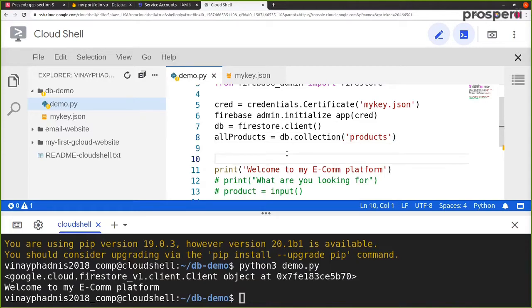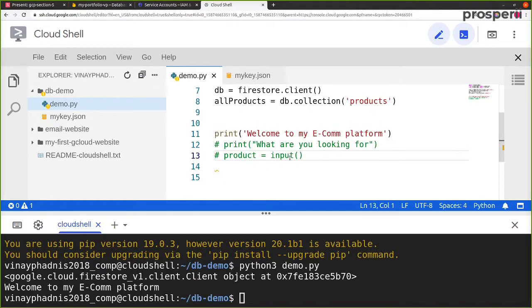Now using this particular variable, we want to print out what exactly the user wants us to print out. Okay. So now after getting the product that the user wants, let's display this particular product. First of all, we want to get this product. So over here, let's create a new variable which says user product. This product we will be getting from Cloud Firestore.